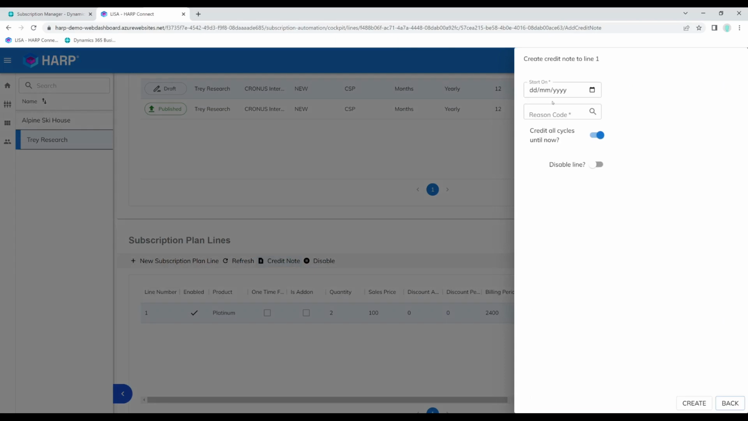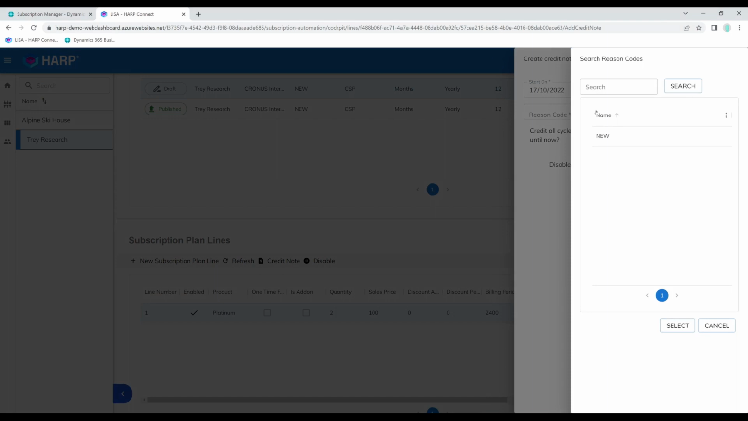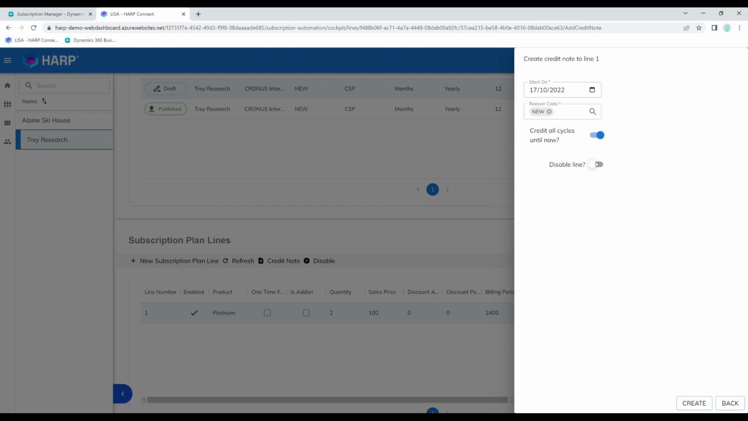we are given the option on which date the credit note should start. Right, so in this case I'm going to give a full credit note as at 17th of October of this year, and I can select my region code down below. And I'm going to also choose to disable the line. Okay, if I click create,